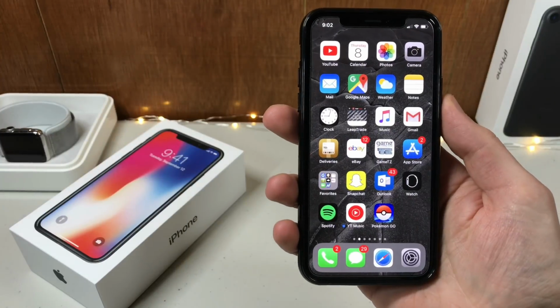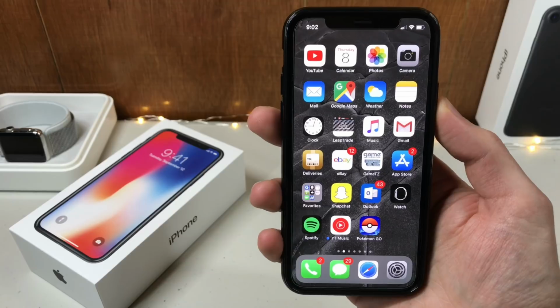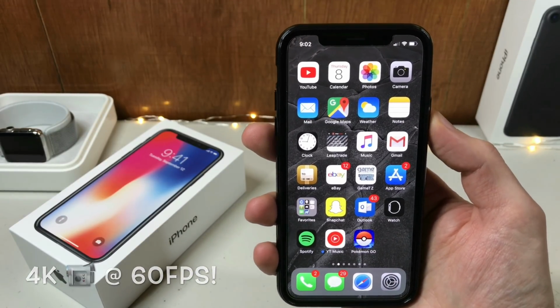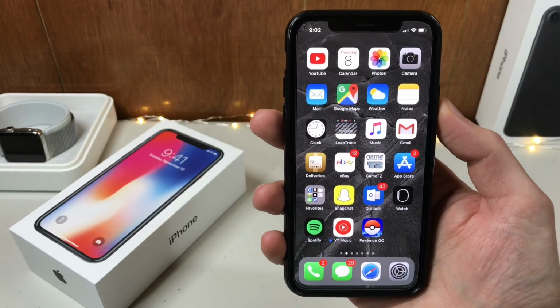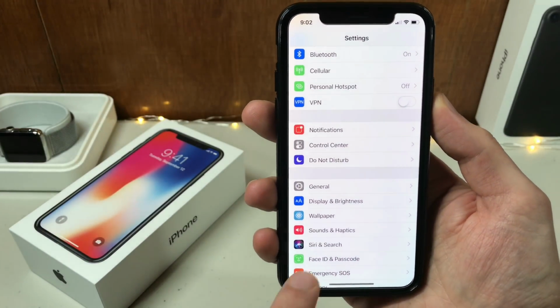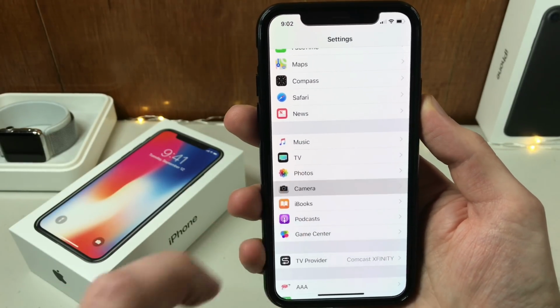You know, a great brand new feature about the iPhone 10 is that you can record in full-blown 4K at an incredible 60 frames per second. But you know what? It's not turned on by default. So to turn on your 4K video recording, you want to go to Settings, scroll down to your camera, and